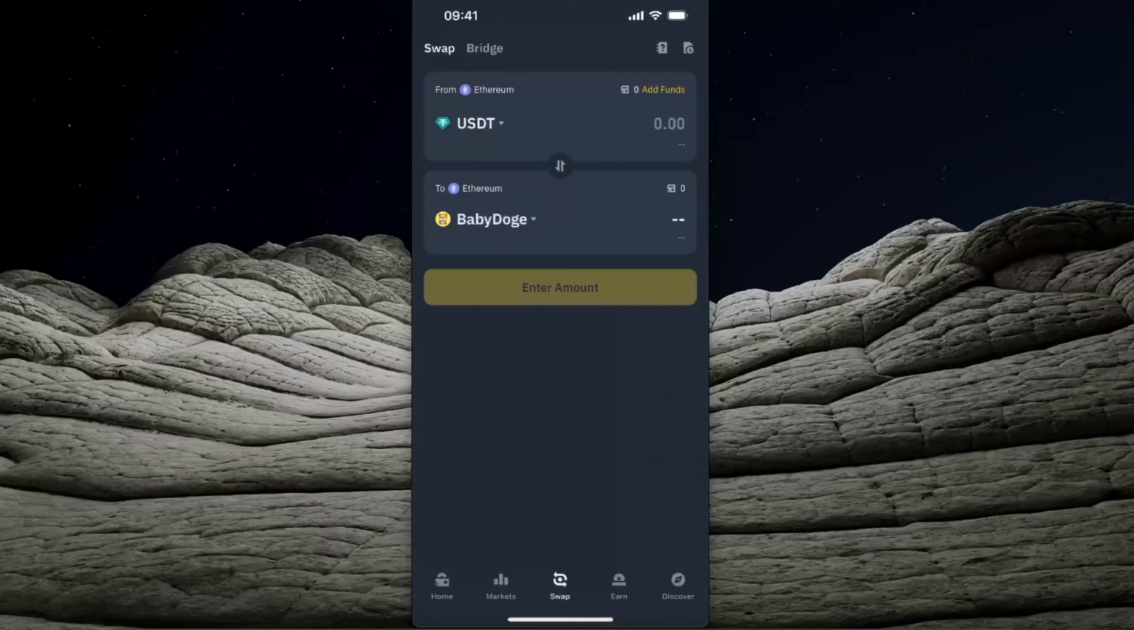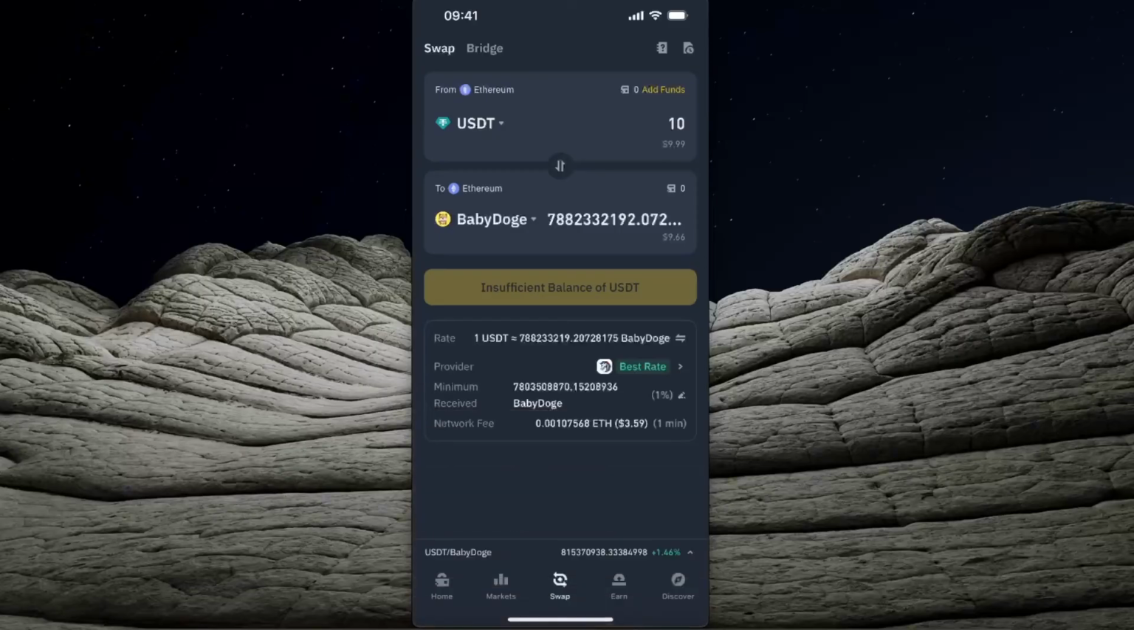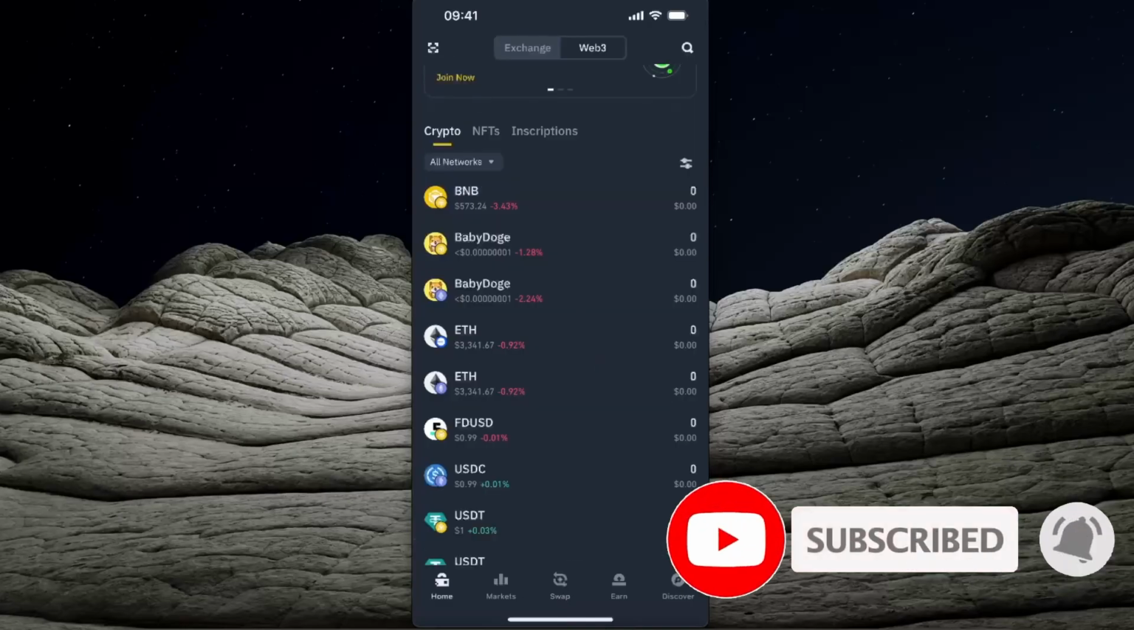just like so. After that, you want to enter the amount which you want to go ahead and spend, and that's how much baby Doge you will get. You will see the provider and the network fees and so on and so forth. So after that, you're just going to go ahead and swap it, and you will see it on your wallet right